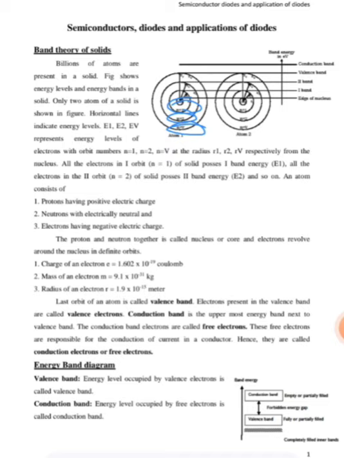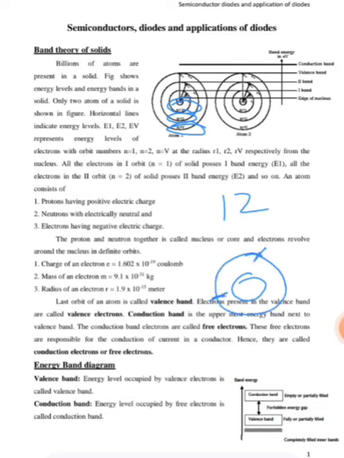Not all of the orbits can be completely filled. Suppose I am having one molecule which is having 12 number of electrons. This is the central nucleus, and in the first orbit